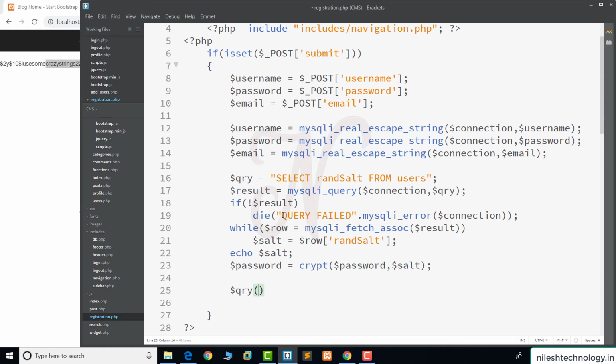So here we use an insert query and insert this value into the database.